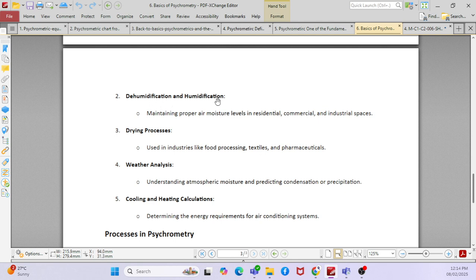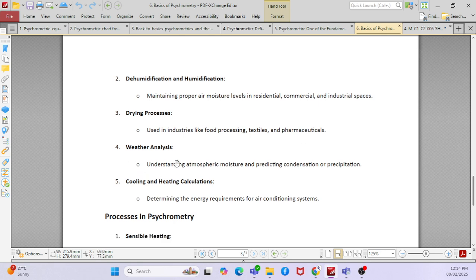If you know the present condition, then based on what condition you have to treat, you can design the coil condition or coil design. The drying process is used in industries like food processing, textile, and pharmaceuticals, and in weather analysis, to understand atmospheric moisture and predict condensation or precipitation. If you want to do weather analysis outside, you will take the thermometer